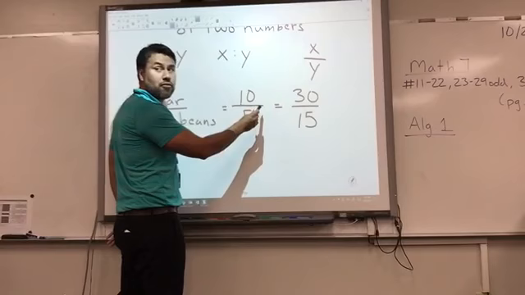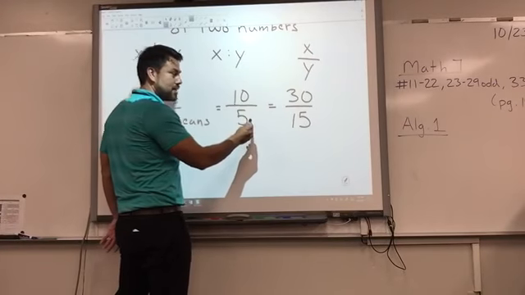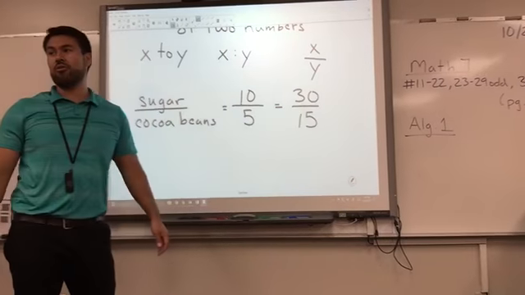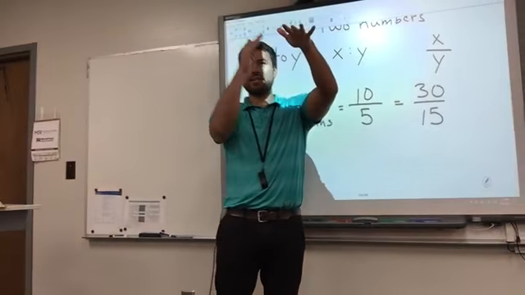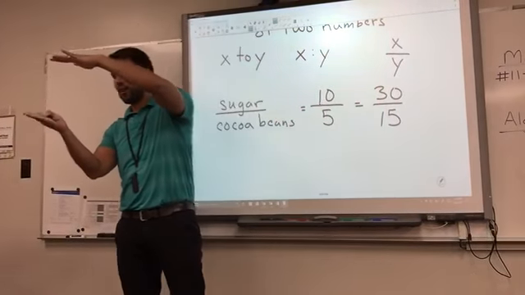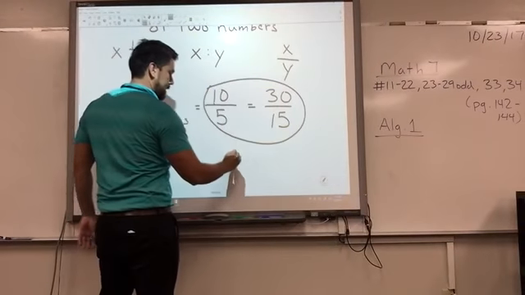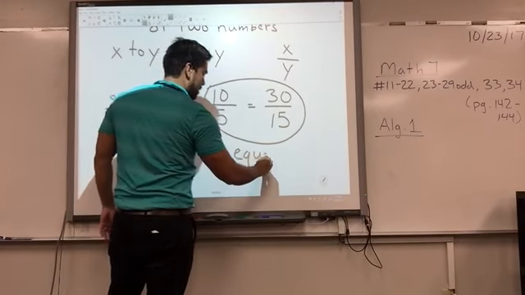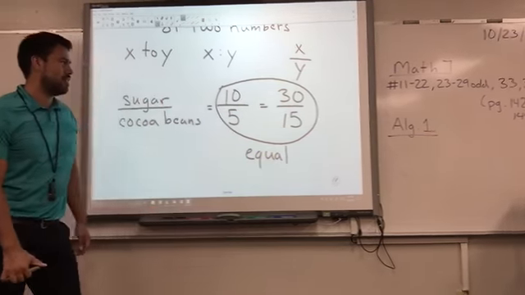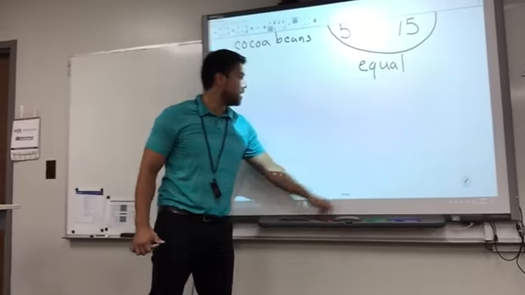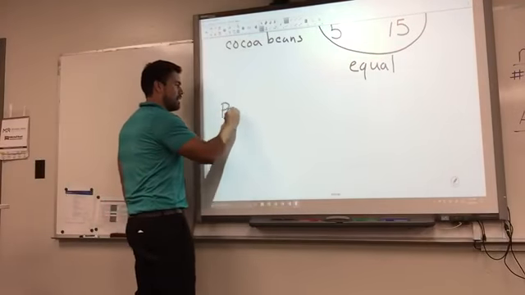Yeah, have you done this before, guys, where you multiply a fraction by something over itself to get another fraction? Have you done that before? Have you ever divided a fraction by something over something to get another fraction? Okay, these two are equal. They're equal. Yes, they have different numbers, but same values. Which leads me to my next point,